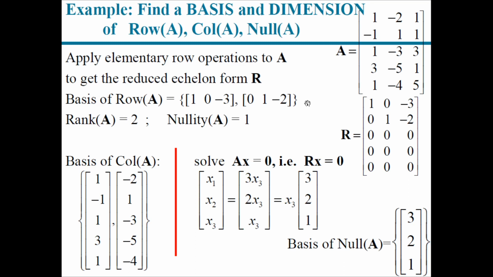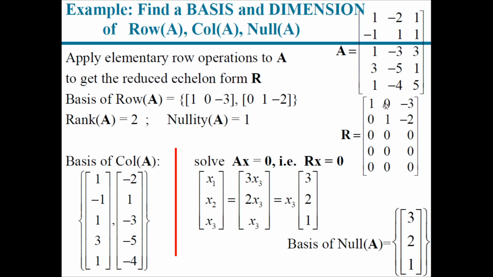Finished. Rank, you just count how many of these rows you have. That's your rank, and you use the theorem rank plus nullity equal, in this case, 3 to find the nullity immediately. Also, for the column space of A, you just identify the columns in echelon form or reduced echelon form